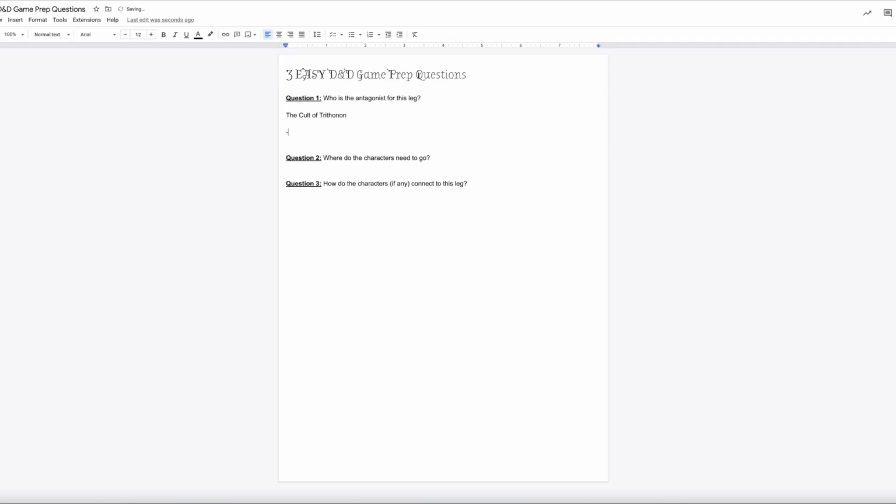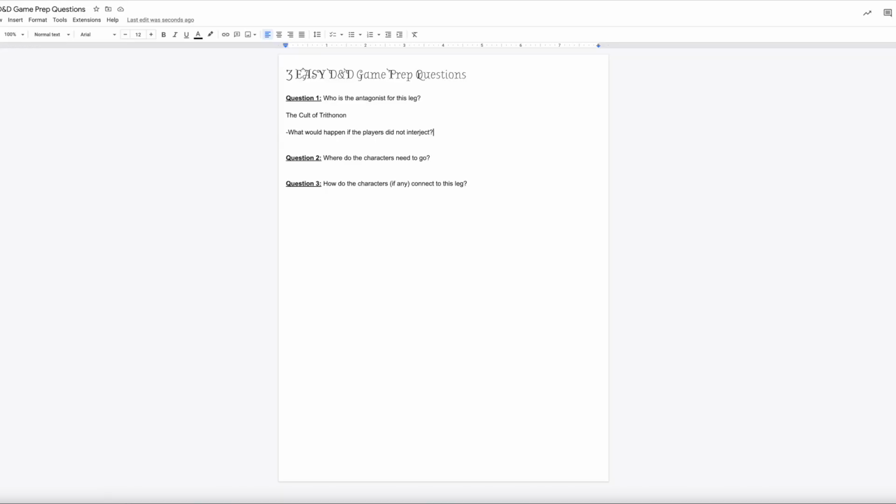But now I need to add a second question that will help me to then understand what that cult's goal is. So the question that I'm going to add is, what would happen if the players did not interject? This is a simple question that I don't hear enough DMs talking about and thinking about. Really, the idea of what should happen in a D&D adventure is that the players are getting in the way of the bad guys. At least that's the way that I like to see it. So the question of what would happen if the players did not interject will tell you what the cult's goals are, how they would enact those goals.